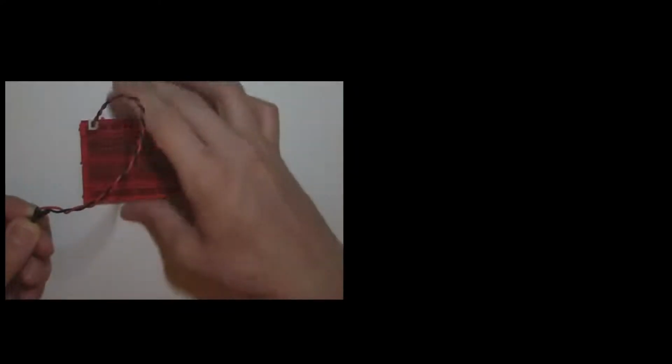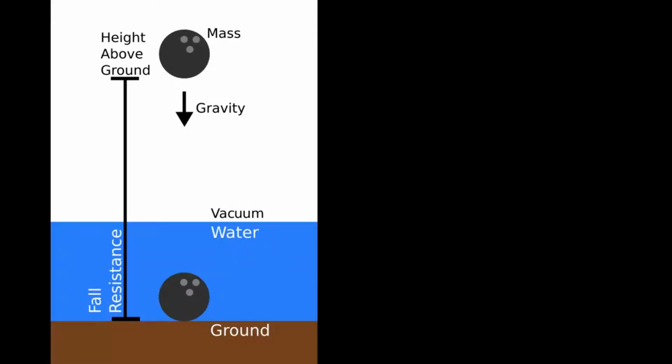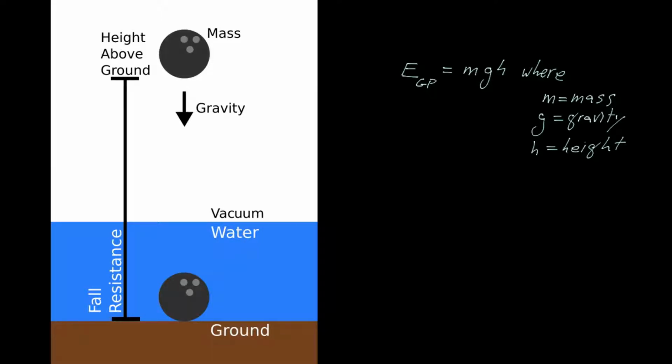Electric current in amps is how many coulombs are passing through a wire per second, and resistance is just resistance to that current. So what is voltage? To make this connection, let's look at mass and how mass interacts with a gravitational field. Say we have a bowling ball that's some height above ground and it's falling through water, acting as resistance. Mass times gravitational pull times height equals gravitational potential energy, where m is mass, g is acceleration of gravity, and